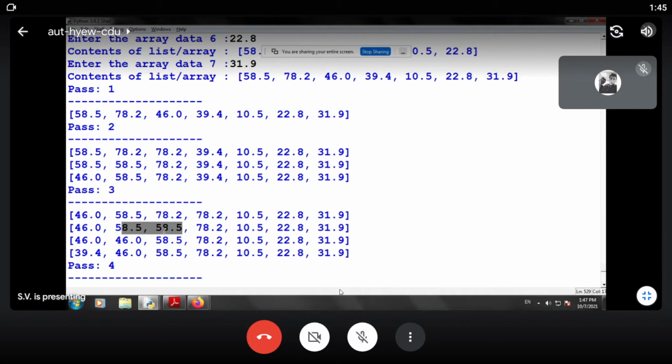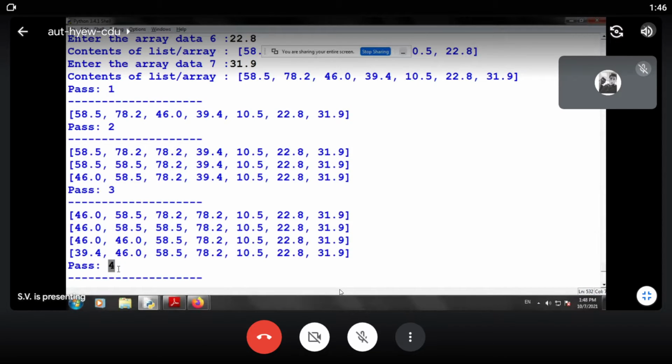Again 39.4 is compared with 46, and 46 will shift to the right hand side. Now the index position 0 is updated with 39.4. So we say it is pass 4.